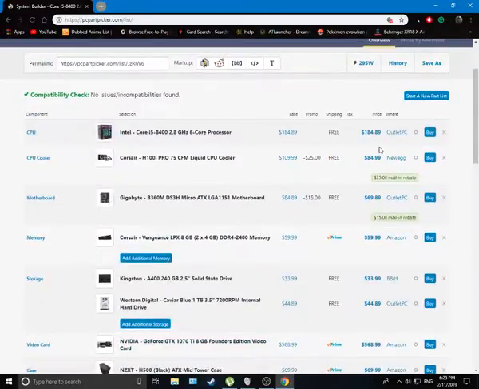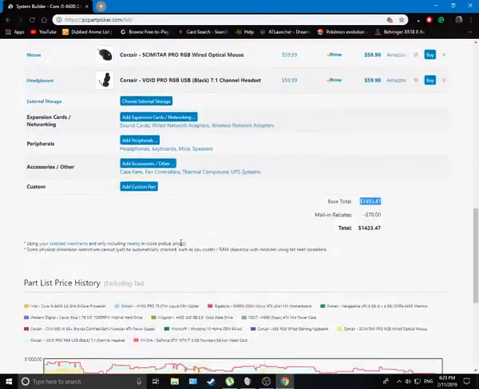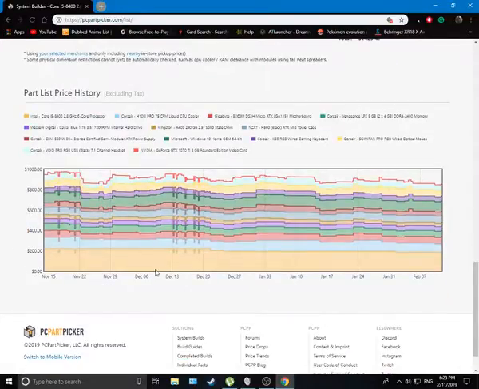One thing to take note of here, if we look at this, I believe it's the Core i5. I gotta check. Yeah, looking at this Core i5 right here, that's this yellow line down here. It has had hardly any variation. I mean, it's dropped down a little bit, but this entire time it hasn't been all up and down like that. And that's the great thing about CPUs. You can buy them just about any time you want to, because the prices aren't going to change that much. If you buy a Core right after they release a new one, it's going to be cheaper. But the main prices that are going to change the most that you have to worry about